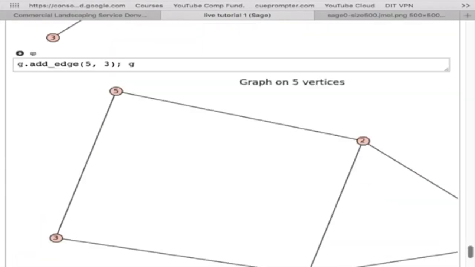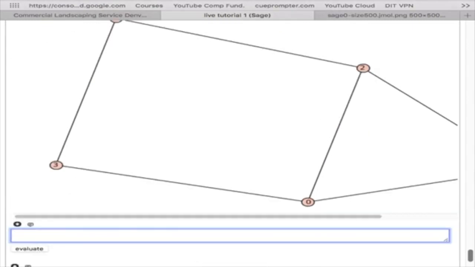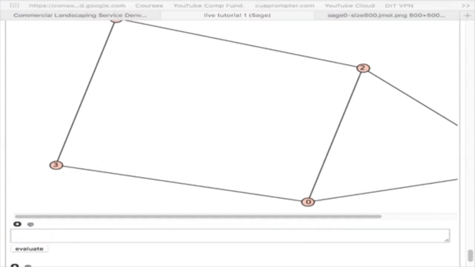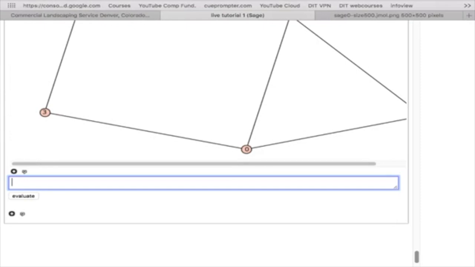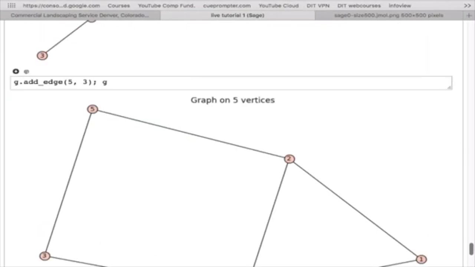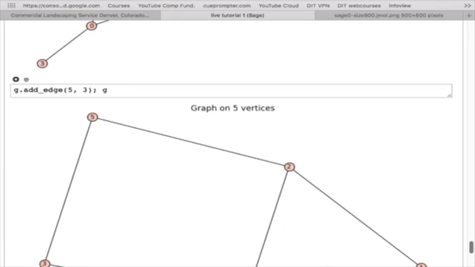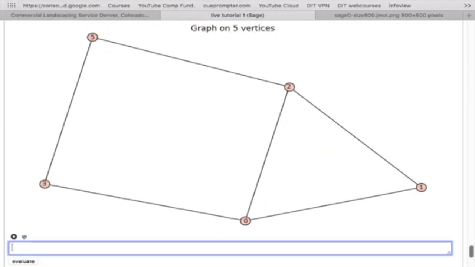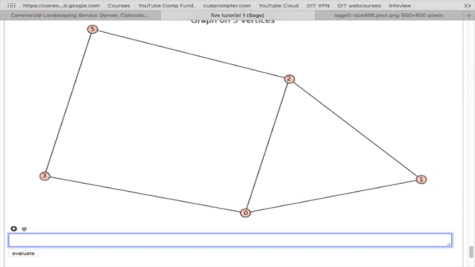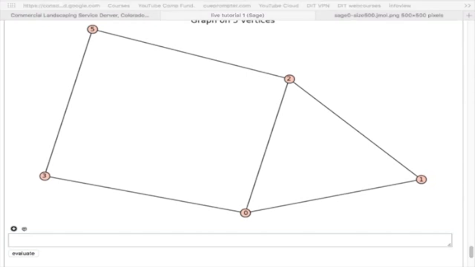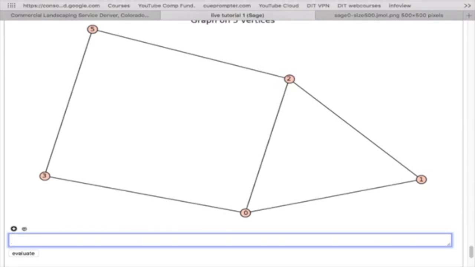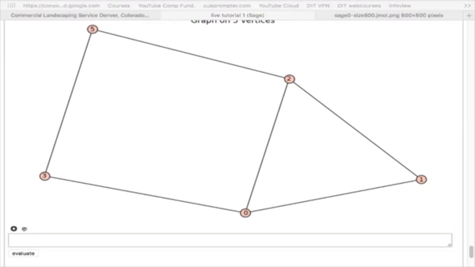write one single command to show and display the vertices of the graph. So this is how the graph looks now. So this is a graph now where we added a new vertex, and there are so many options you can do. Now just to get a sense of what's happening, all I want you now to do is to check